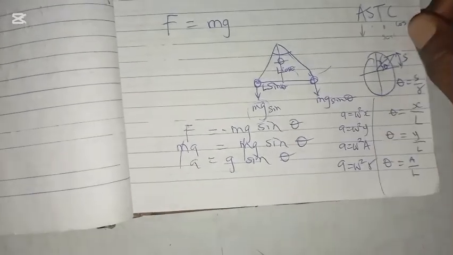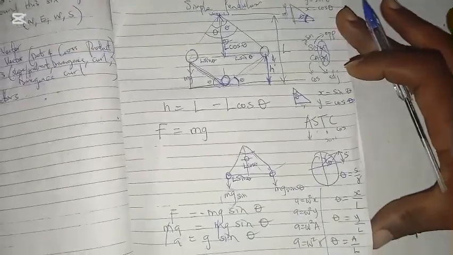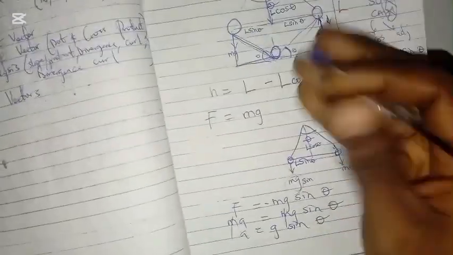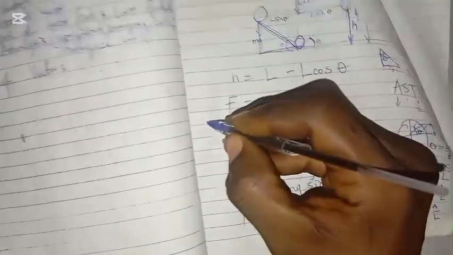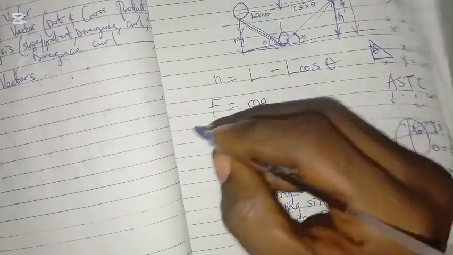So now that I know this, I'll simply say, okay, if that be the case, I've been able to get this. If I now want to get, using the things I've analyzed here, the period or velocity at lowest, okay, let me first get velocity. So if I want to get velocity at the lowest point, or speed at the lowest point, I will simply